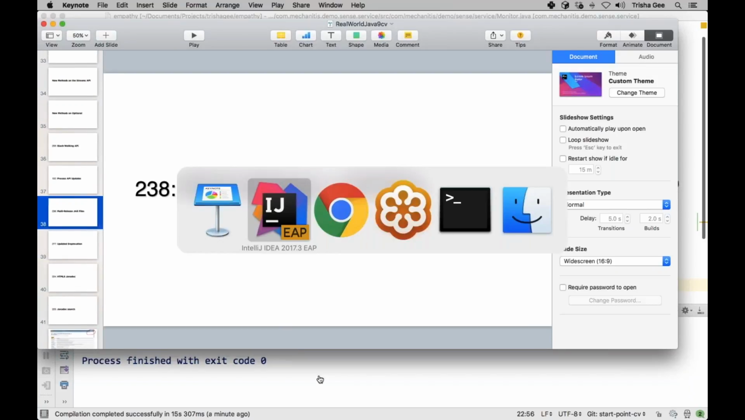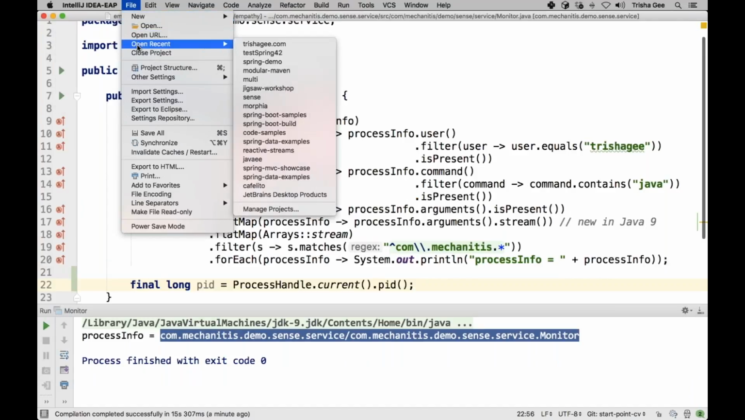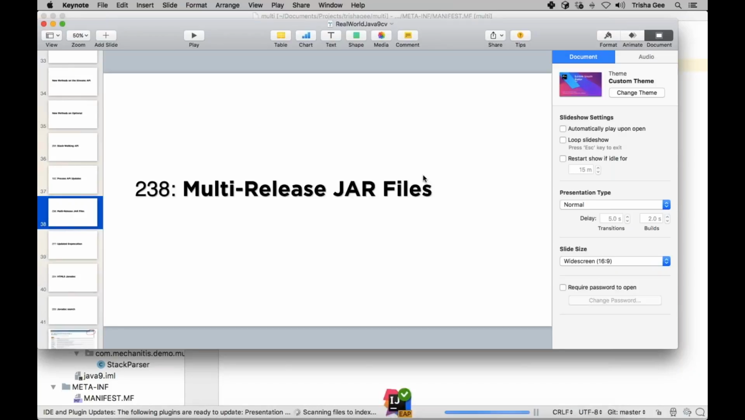Multi-release jar files. Let me open up an application which demonstrates this. So multi-release jar files is a new feature in Java 9, which I think is really cool, and I wish we'd had it much earlier. This is the ability for a library to release a single jar file which contains different implementations with different versions